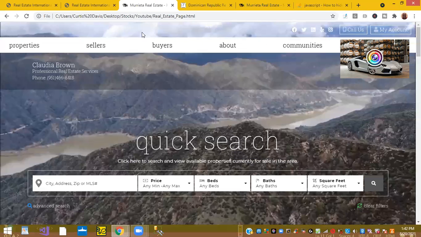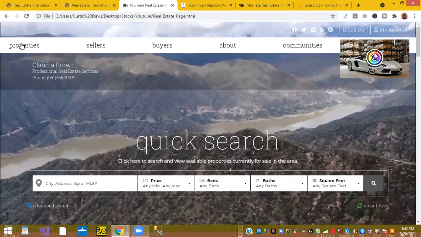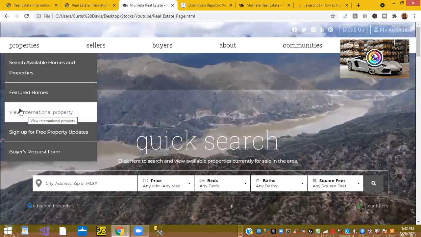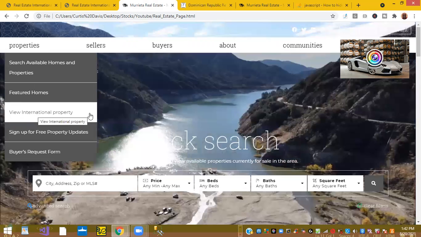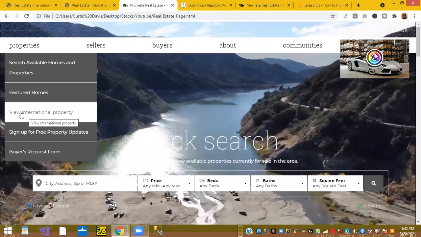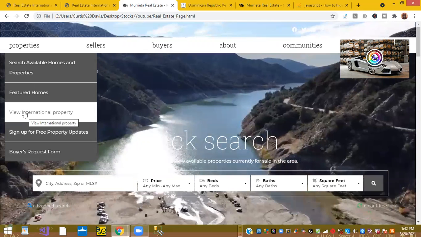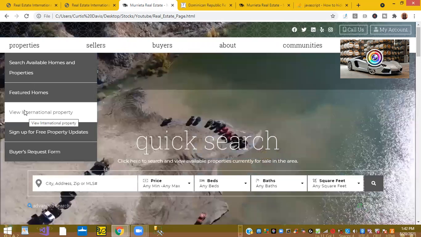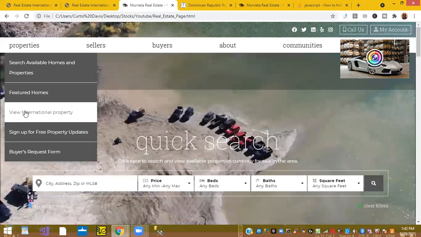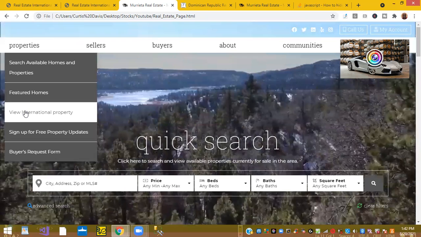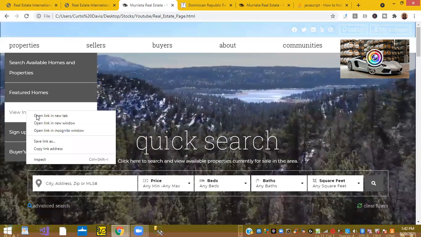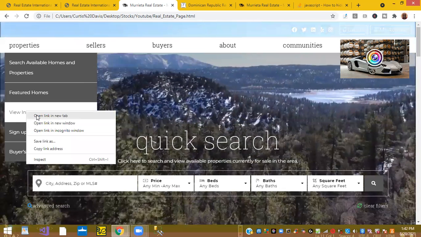This is the actual website itself again. And we went ahead and added the tab here, a link called View International Properties. And for this example, I just showed a link called View International Properties. And when you click it, due to some technical reasons, it won't work right now, but it could be worked around. So when you click the link, and I'm going to use open in a new tab,